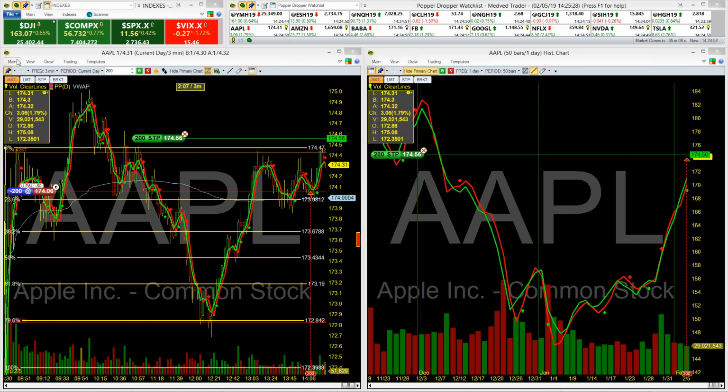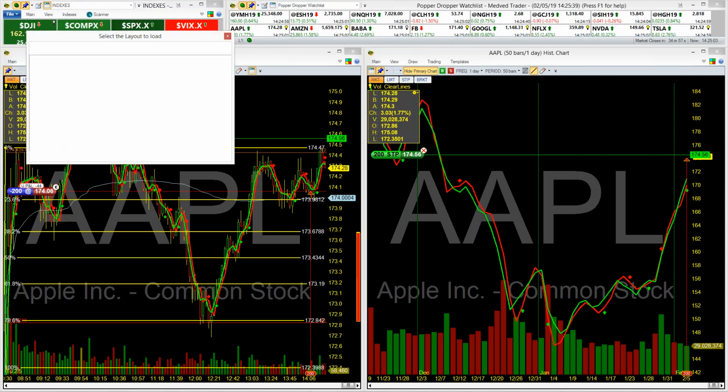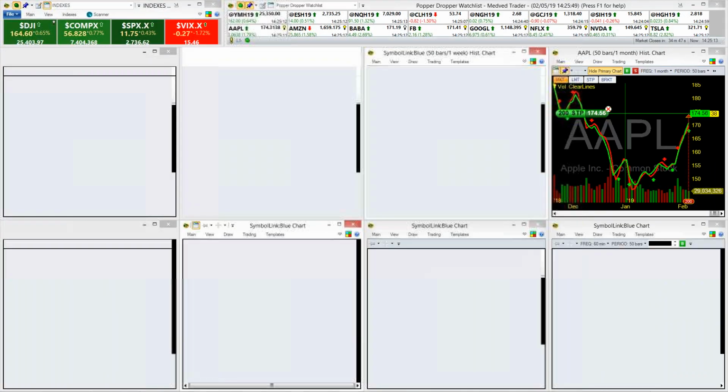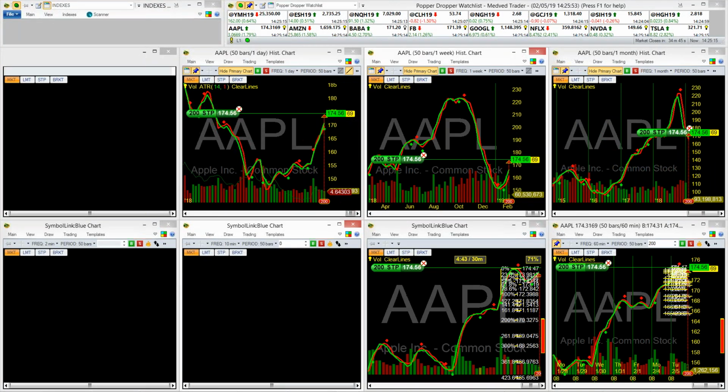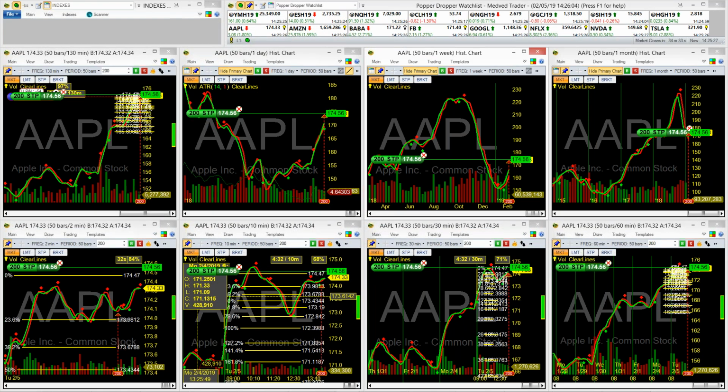Joe, when you start out, you're going to have a choice. When you first set it up, you should have been given the layout, and I'll show you where it is under the layout library. It should have pre-started up for you with the swing position trade layout. Is that the layout that you have right now, Joe? Did it start up with this layout? Okay. All right, so from this layout,